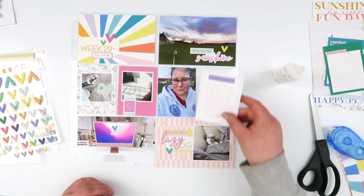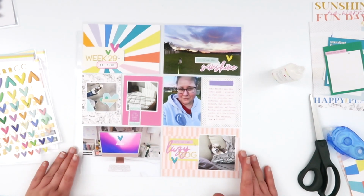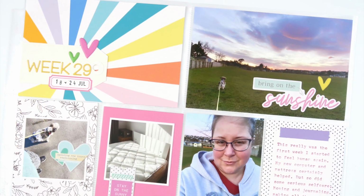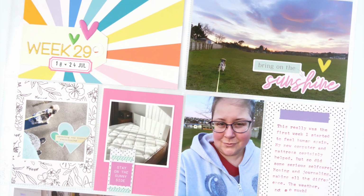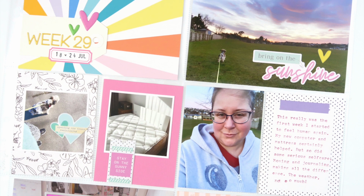The last thing I've got to do is add my journaling. I typed that out on pink in my typewriter and called this page all done. I love how bright this week is, and I'm totally in love with this little mini kit,